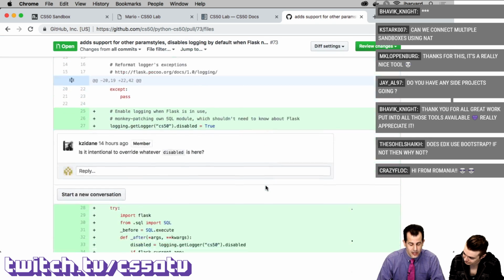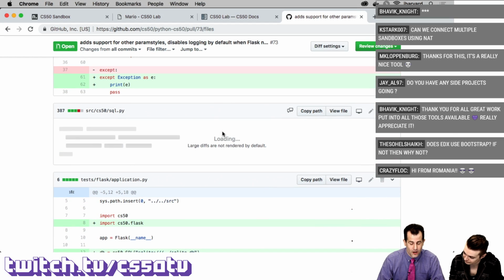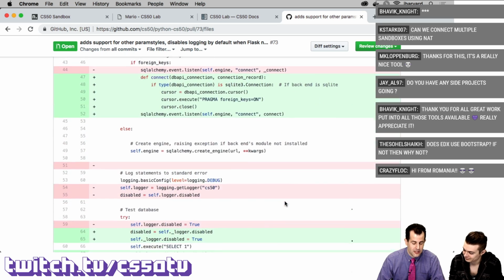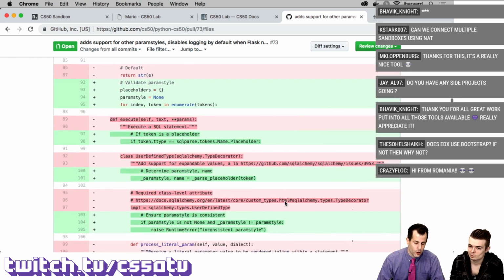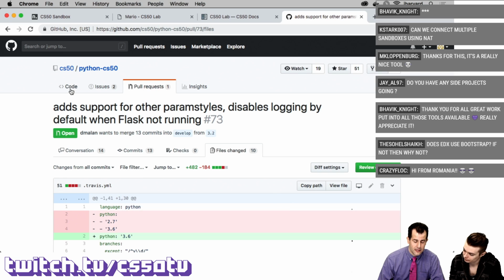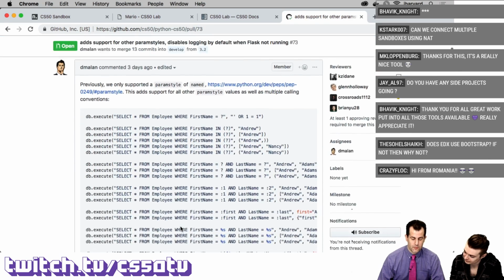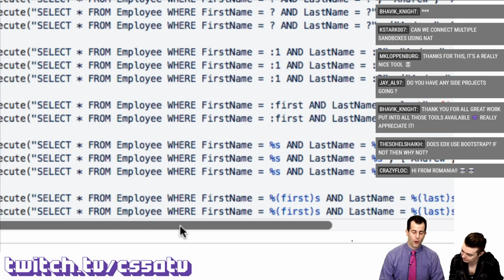You'll see there's a lot of changes in here, some of which are actually collapsed, and you'll see some feedback from Kareem since all of this is publicly available, and you'll see that we've made lots of changes to the SQL code, the goal of which is to actually support different formats. So if you're curious, and if you're familiar already with CS50's Python library, what this pull request or proposal aspires